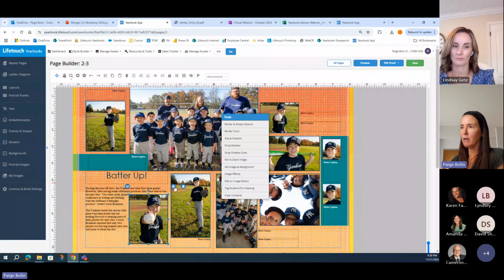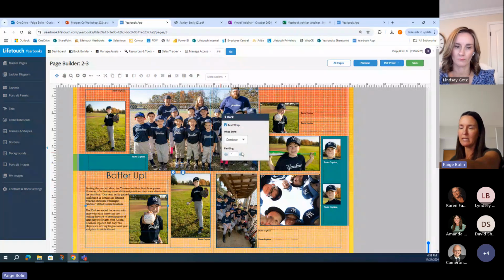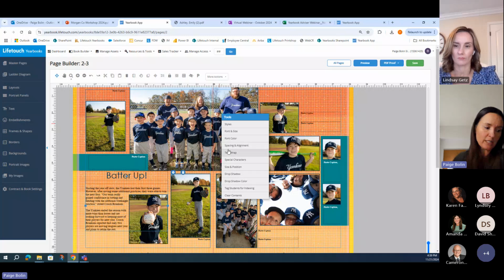And then you do have a little bit of padding that you can play with as well. Hang on, let me get to the right menu. If you do want a little bit more space off to the side of it, you can increase your padding. But otherwise, that's how that text wrap works. Just make sure that the text box is behind the shape or the image box that you're trying to wrap